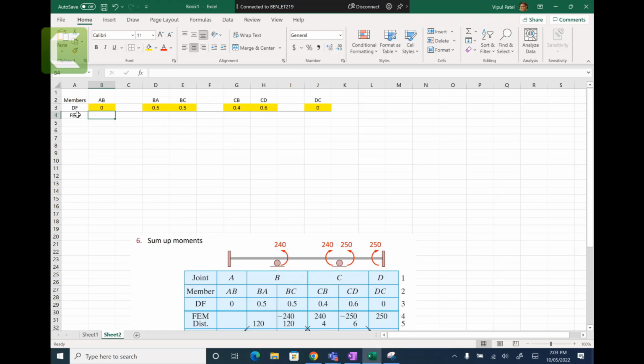Moments, first one is 0, BA is 0, minus 240, 240, minus 250, and 250. You can stop me if you are not following, or if you have any questions. Don't hesitate to ask questions if you think that something is not working. All right, once you've done the fixed end moments,